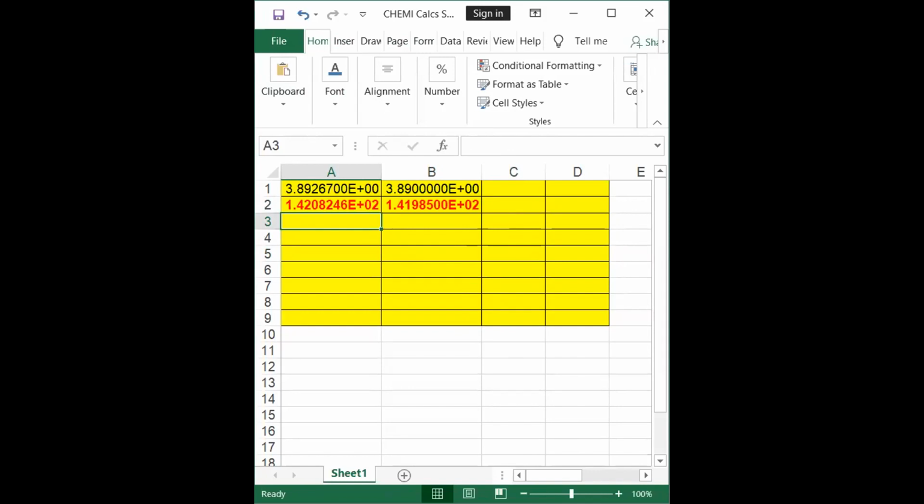If I round this one off, it'd be 1.42 times 10 squared. And if I round the other one off, it would be 1.42 times 10 squared. So whether you round off at the end or at each step, you get the same thing. So the final answer, which is what you're trying to get,